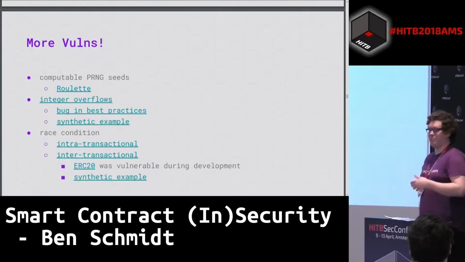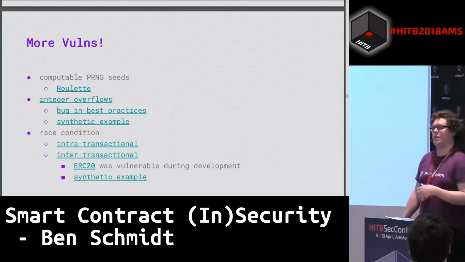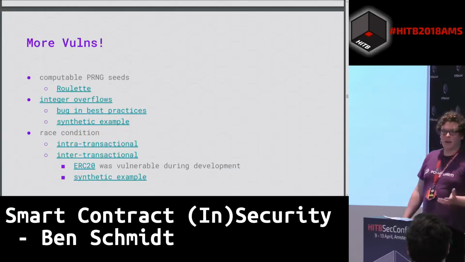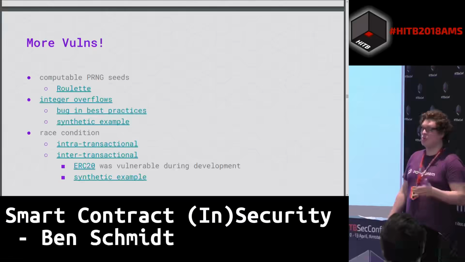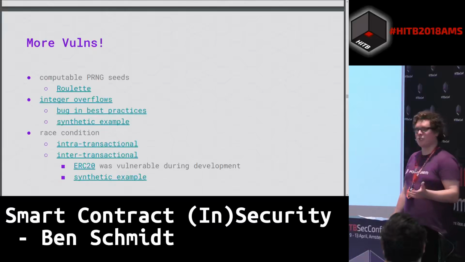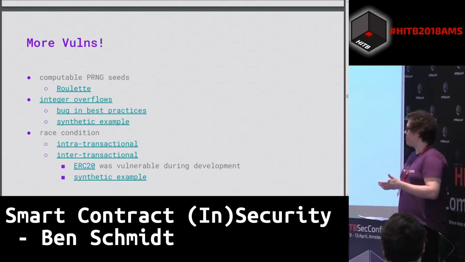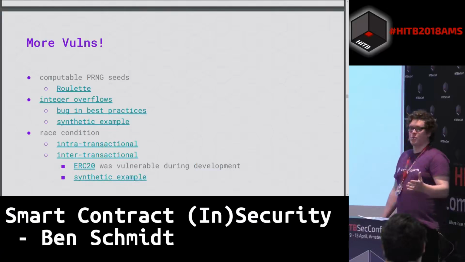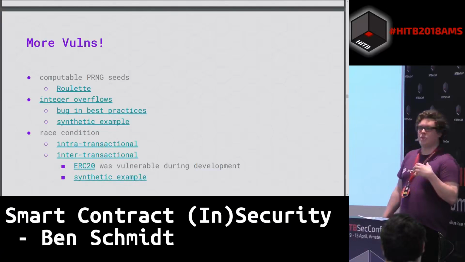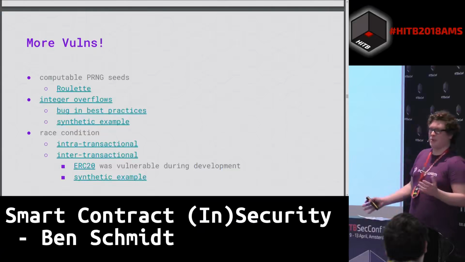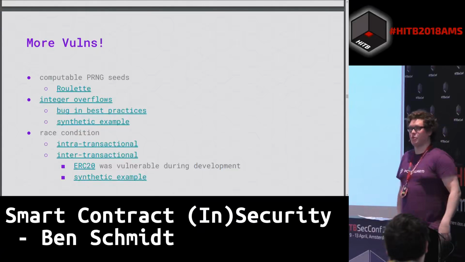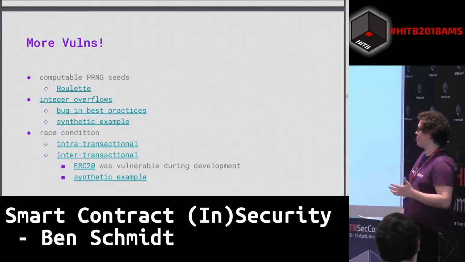There have been some examples of PRNGs that are not very safe. Some people attempt to use the block hash to do this, but that's only safe up to a point. If you're managing enough money that malicious miners might actually be interested in the funds you're controlling, then it could be unsafe. Integer overflows are still alive and well. You have to check everything to make sure it doesn't underflow or overflow. Unfortunately, Solidity doesn't do anything for you there, so you have to manually pepper your code with checks for those.